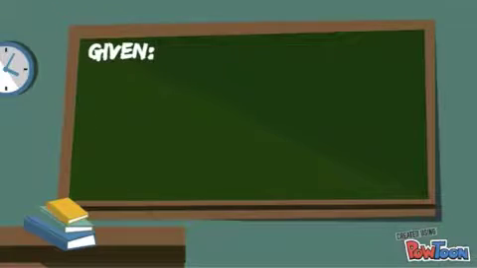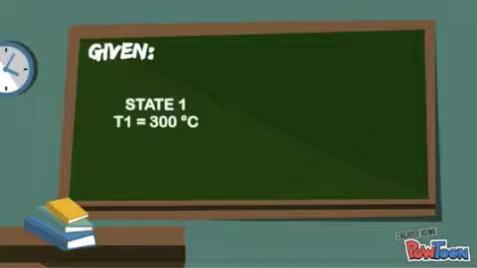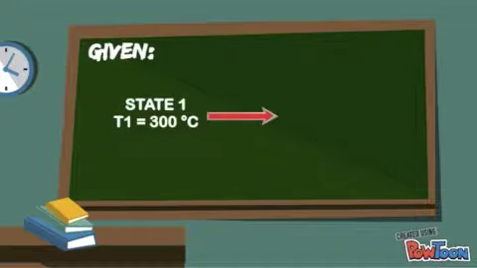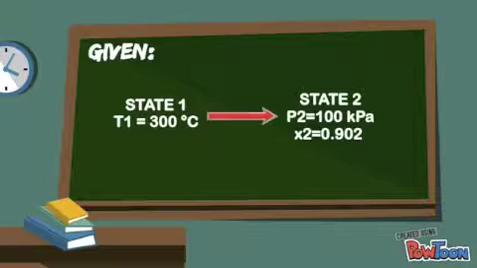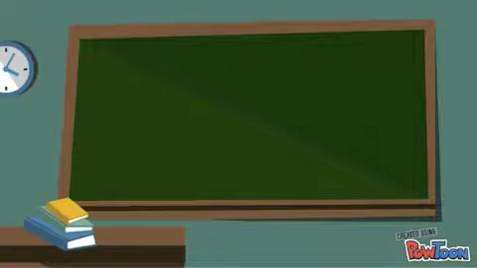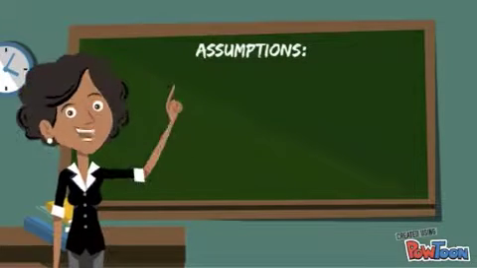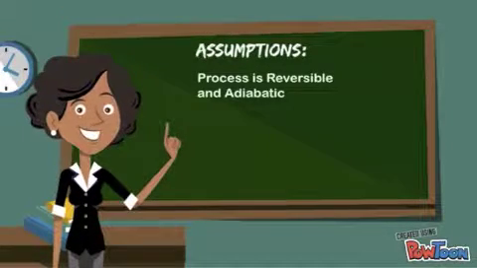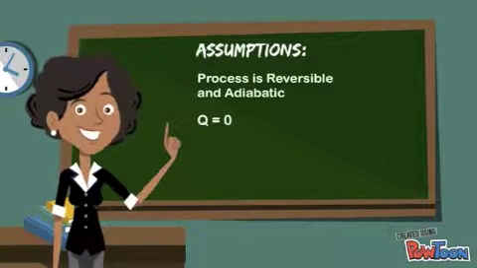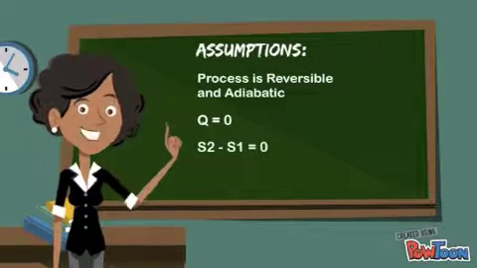Given, at state 1, temperature is 300 degrees Celsius. At state 2, pressure is 100 kilopascal and the quality of water is 0.902. The assumptions are: process is reversible and adiabatic, therefore heat transfer is equal to 0 and change in entropy is equal to 0